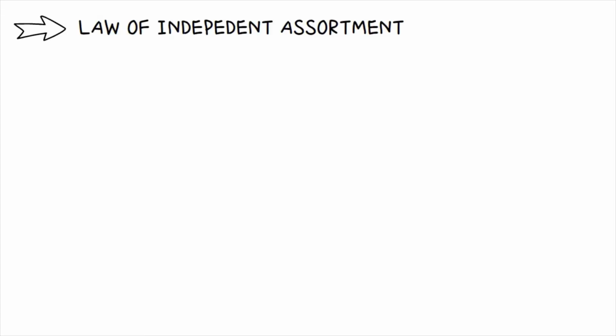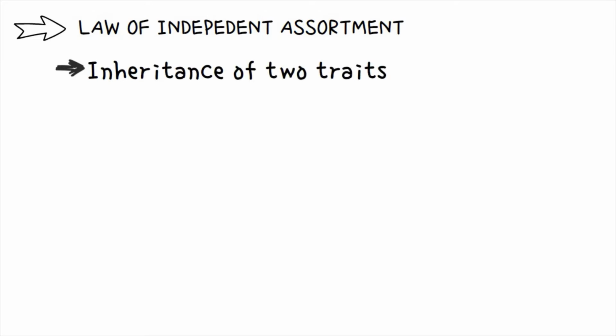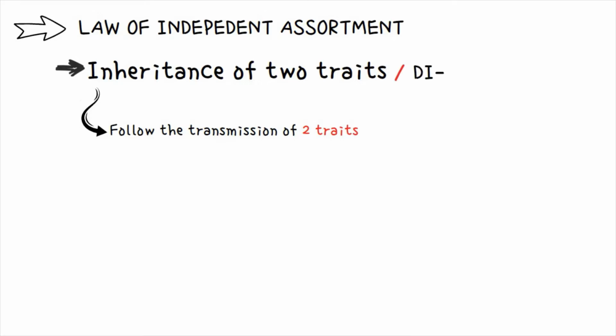Today in this video we are going to talk about the law of independent assortment. To understand this law, we first have to study the inheritance of two traits. These were the experiments performed by Mendel, in which he followed the transmission of two traits. These experiments are also known as dihybrid crosses